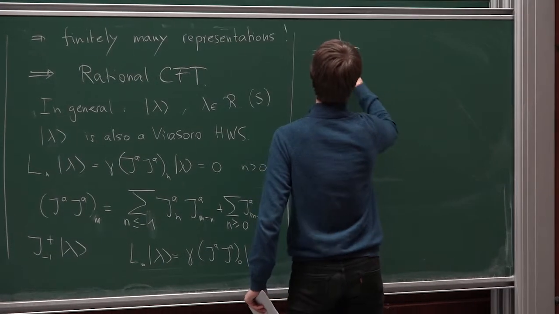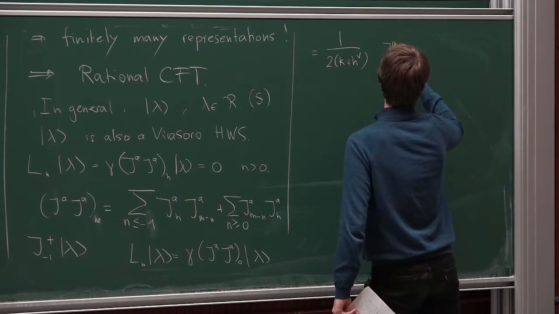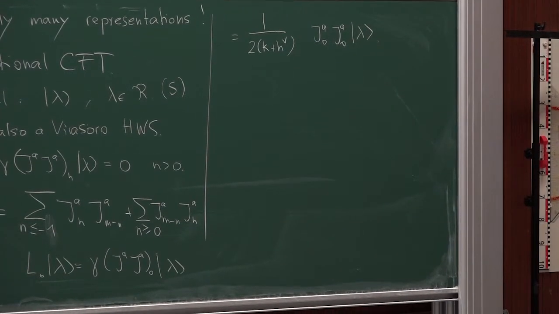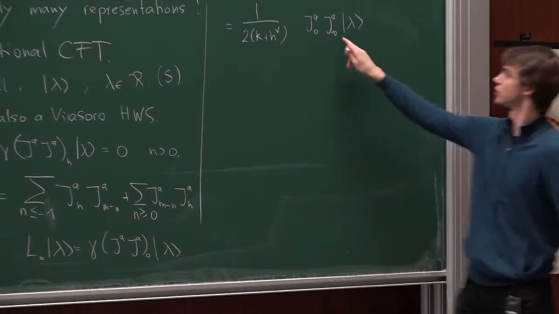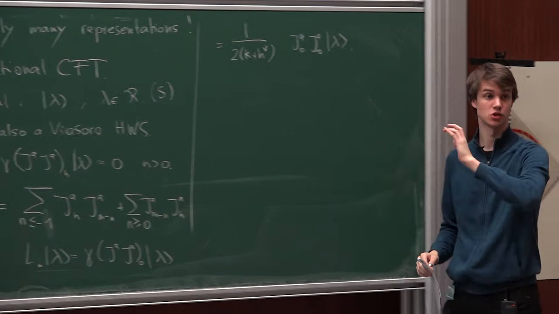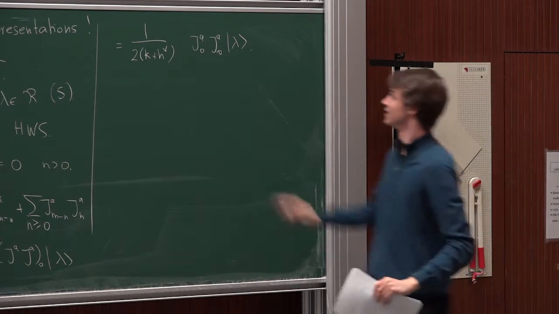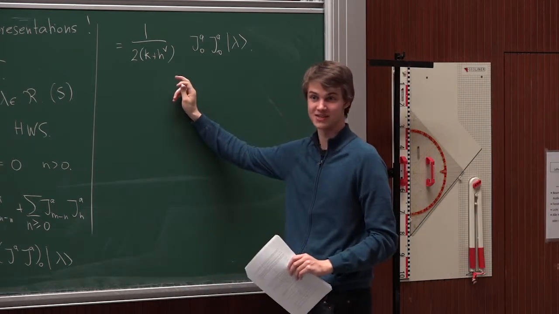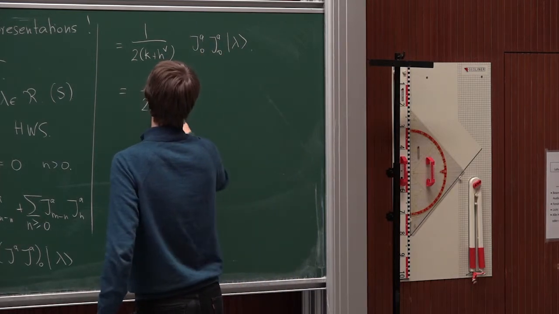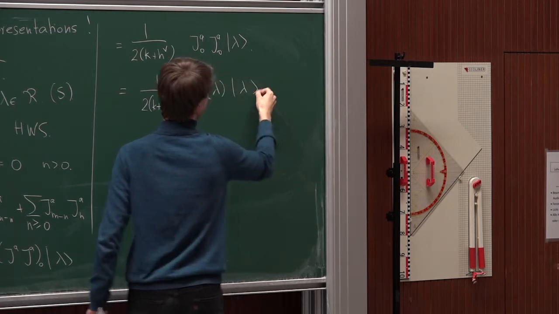So, okay, I write down what is gamma. It's just J0A, J0A. Okay? And good, so what is this J0A, J0A? Now this is just the quantity in the finite dimensional representation of the finite dimensional Lie algebra, of the zero mode representation. And if you look at it, it's precisely the definition of a Casimir operator. I sum over the indices, I take the same element. So what comes out here is the Casimir of the representation lambda acting on lambda.